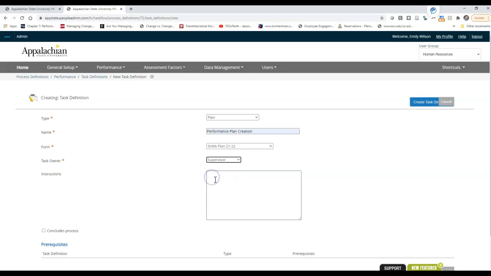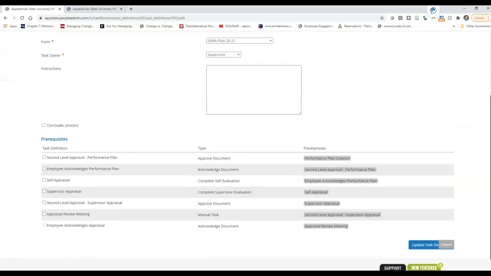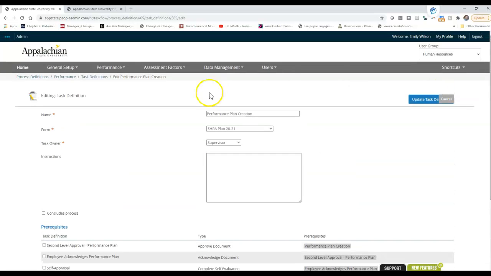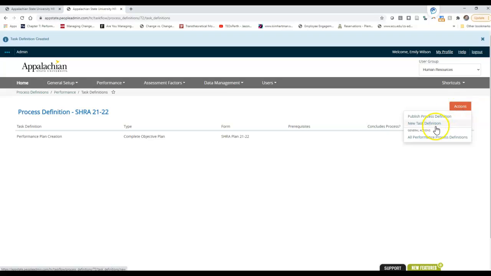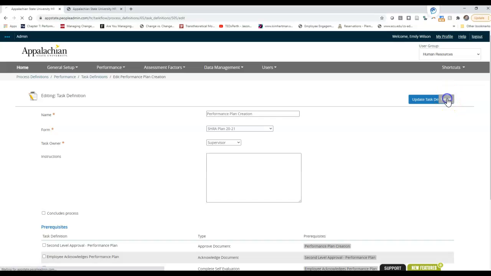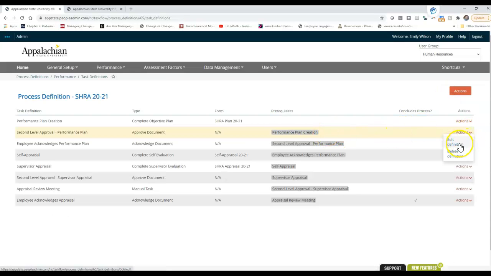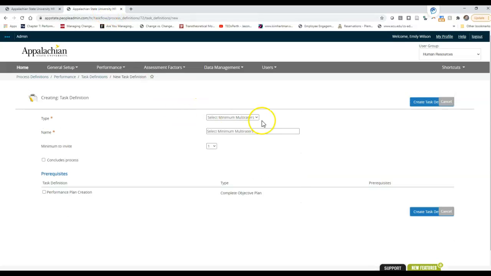So in this case, again, it's the performance plan. We want the supervisor to do it. We don't have any instructions, and there are no other steps at this point because this begins the process. So we just go in here and click create task definition. All right, then we want to add our next one. So for our next step, we click on actions, edit definition. We're going to use the same, I just copy and paste everything. This is going to be